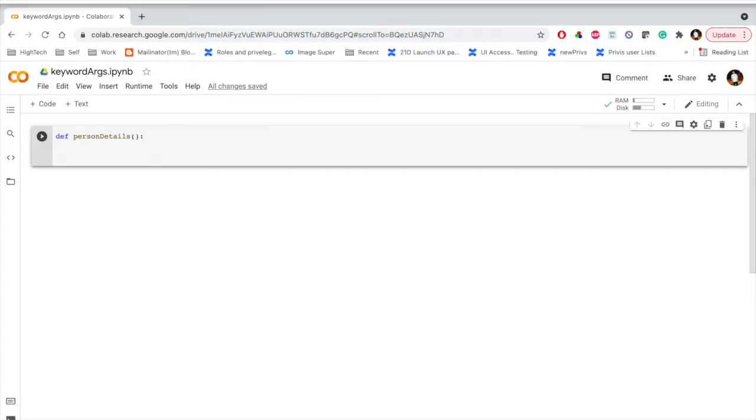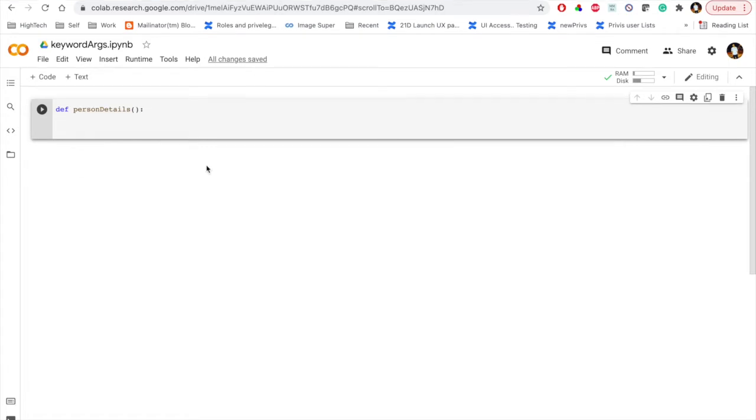Hello guys. So already we have seen the theoretical part about the keyword argument. Now let's see how we can implement it. Before that, let me give you a brief introduction about some methods and how we can pass parameters and assign the values.